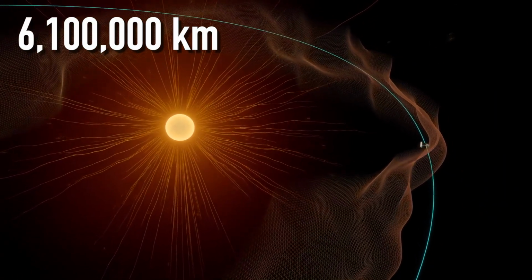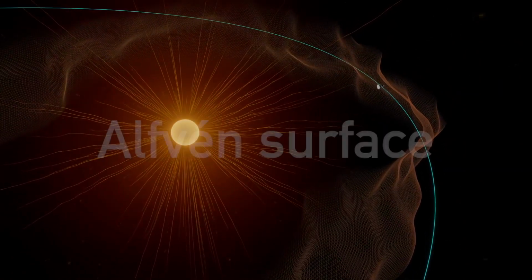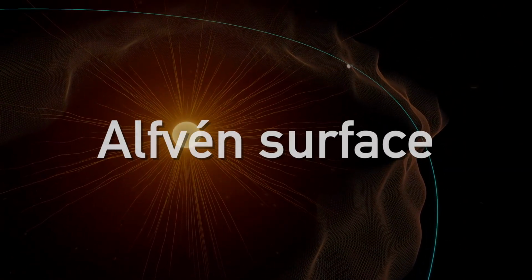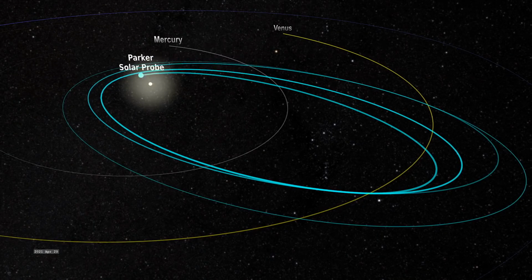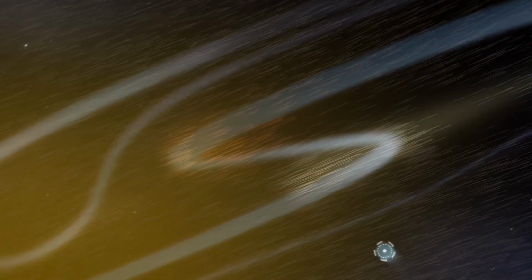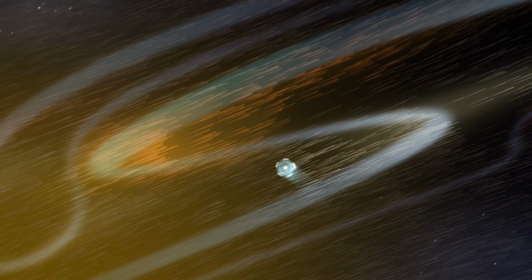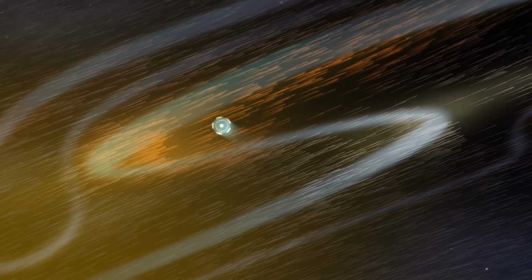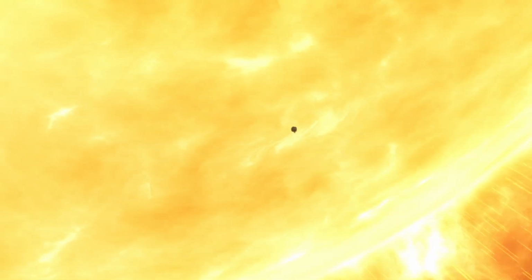This distance is roughly 8.7 times the radius of the sun, and it has surpassed the boundary of the stellar wind and corona, the Alfvén critical surface. It has fully entered the sun's atmosphere, the corona. During previous crossings of the corona, the Parker probe detected environmental temperatures of several million degrees multiple times, partially validating current stellar models. At this point, many people might wonder, as mentioned earlier, the solar shield can only withstand temperatures